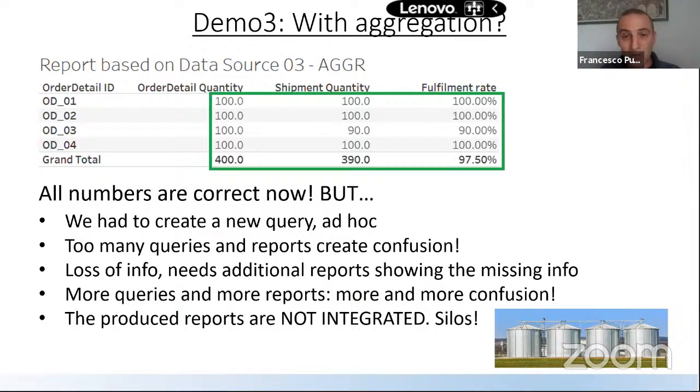So the problem is solved, except that it's not solved, because in the moment when you go to deliver data to the end users, because it's impossible to put everything in one table, as you guys said earlier, then you have to create different reports where you get different portions of your data. So you have solved the problem of the silos upstream, but then downstream, you still have silos. At the end, the only way to integrate data is with the spreadsheets. So silos are still a problem today, despite all the efforts created by the data warehouse.